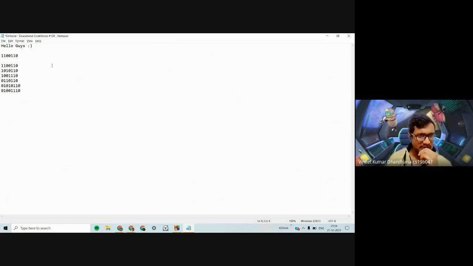Yeah, I guess this should work. 4 choose 2 will be 6. I guess this part is separate. We are not changing. 1 1 0 0, 1 0 1 0, 1 0 0 1, 0 1 1 0. Okay, this would be 6. So these are the 6 possible things. For a length of 4, we need to set 2 bits. So it would be 4C2.